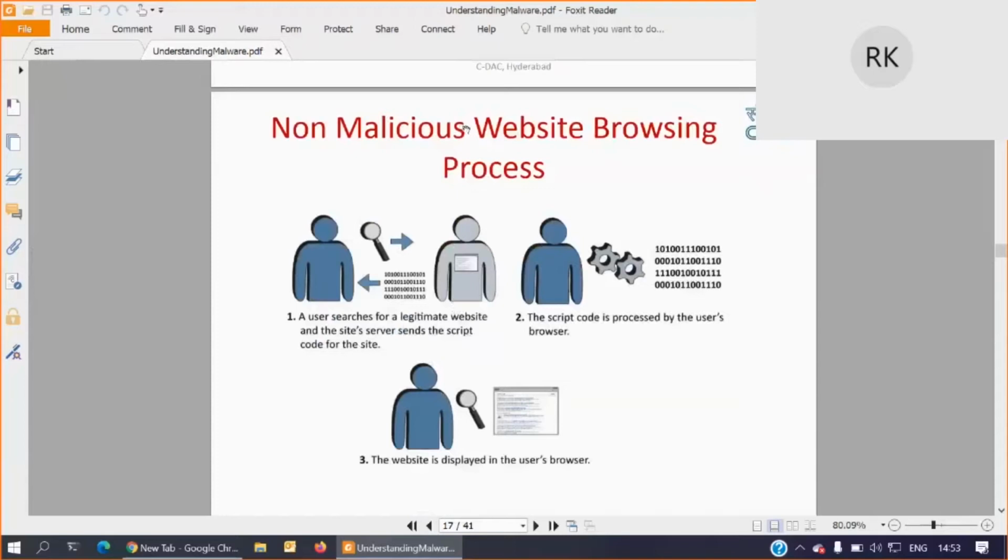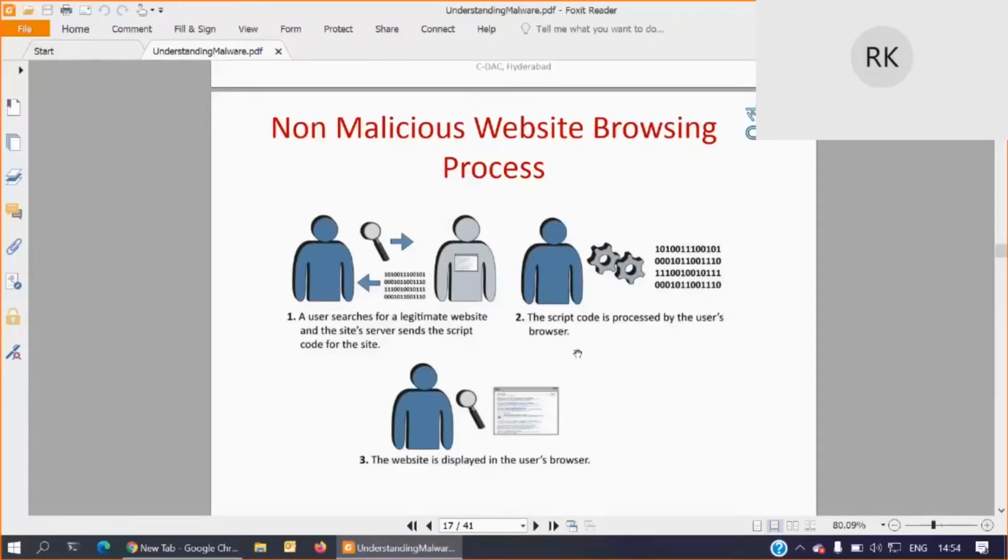Okay. So this is the normal one. The user will be searching for a legitimate website. Whenever we request a website like google.com, what will happen? Our request will go to the Google server, and now it will try to send us the web page. The left side is trying to search for a page, so the request has gone to the server. Now the server is sending the web page in terms of zeros and ones. All of that will reach the normal user's system, and the corresponding web page will be loaded in my web browser.